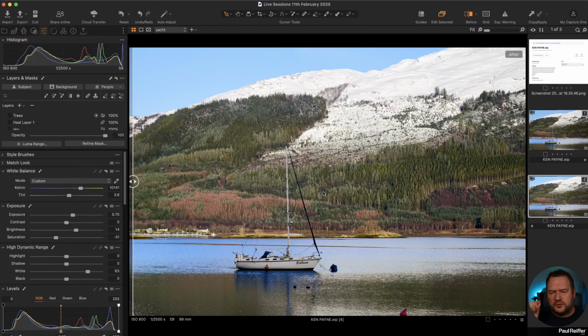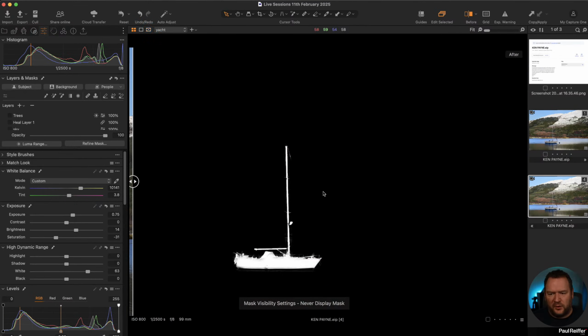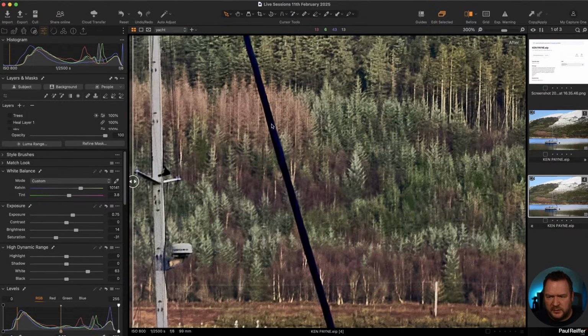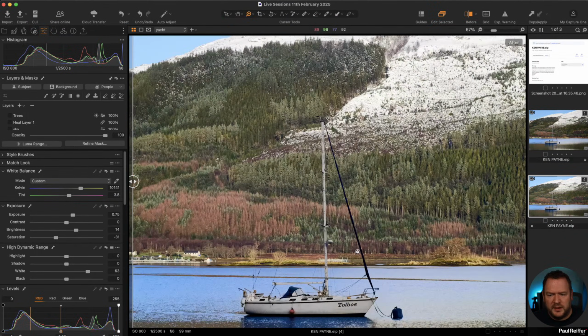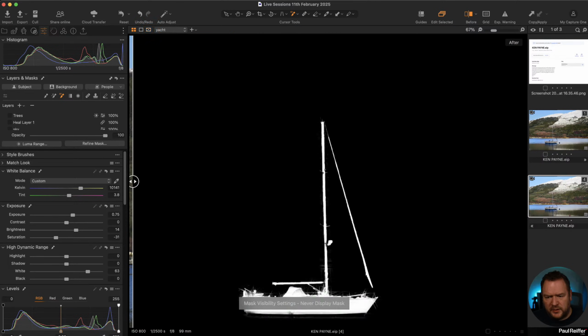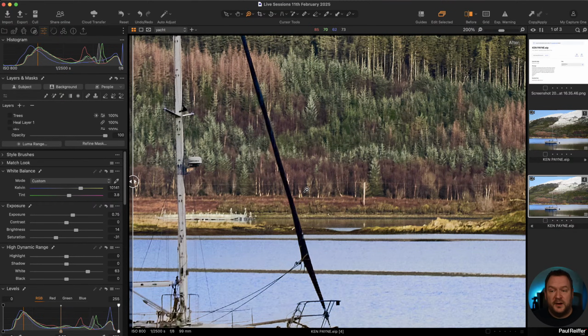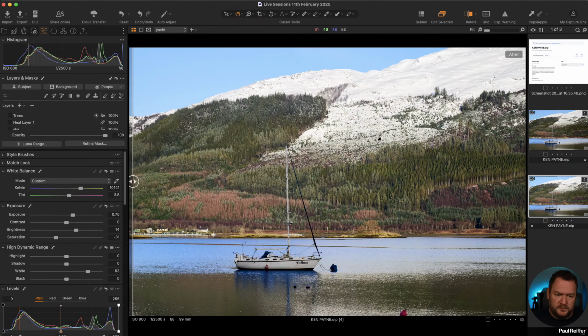If you are going to go to the trouble and the struggle of getting these masks on there, do them completely. Just check them through. And also on here, I'd be in a place of why isn't the sail included? If we're frankly faking a bit of light coming in, then the sail would also be lit, right? So let's also light the sail up. And again, it may not be perfect at this point, but if I were to do that correctly from the outset and then refine it, I'd end up with a much better result. So do be careful. If you are going to mask intricate objects, make sure that you're masking the whole thing.